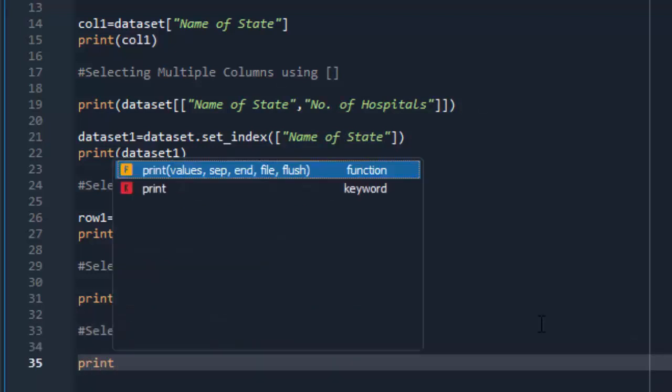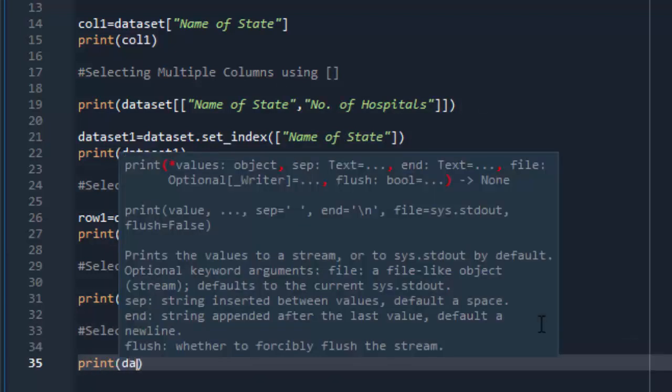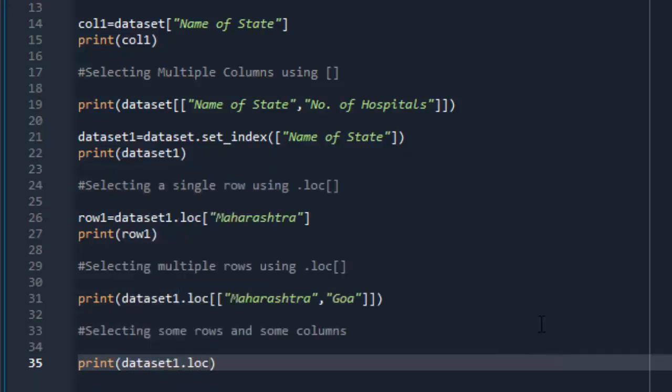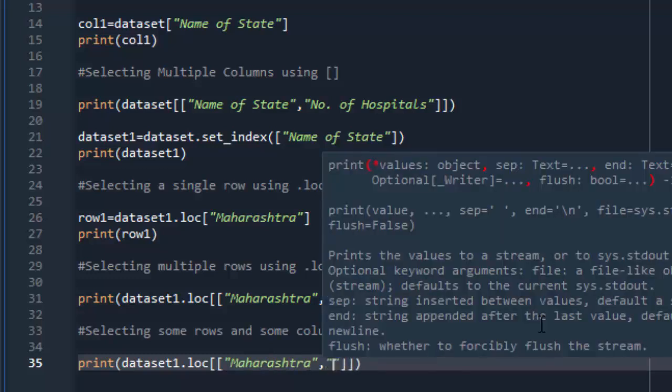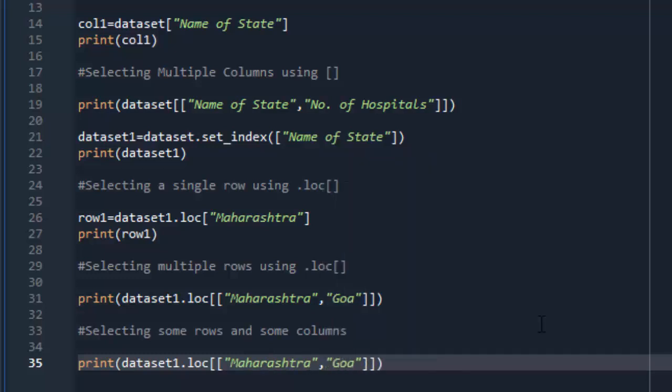So just take print in bracket dataset1.loc within subscript. Now as I have told, the first parameter will be rows and the second parameter will be columns. So suppose if I want to select multiple rows, I'll just pass the list of labels. So I'm taking the labels as Maharashtra and Goa.